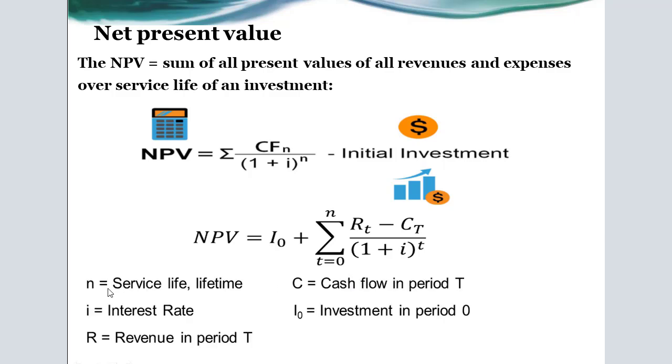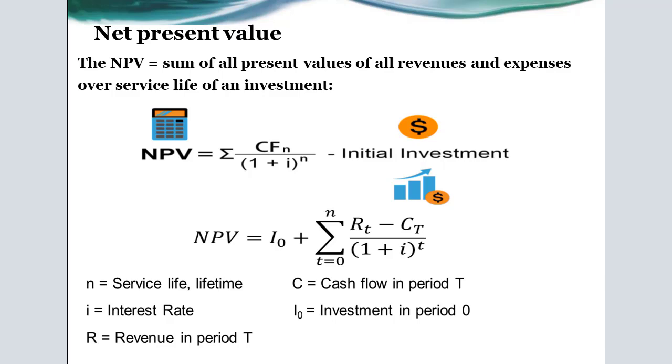Okay, we have the definition of each parameter: n represents the service lifetime, and i represents the interest rate, and R is revenue in period t, and C represents the cash flow in period t, and I sub 0 represents the investment or capital investment in period 0, or the starting point of construction of the project, or the implementation of the specified opportunity in the